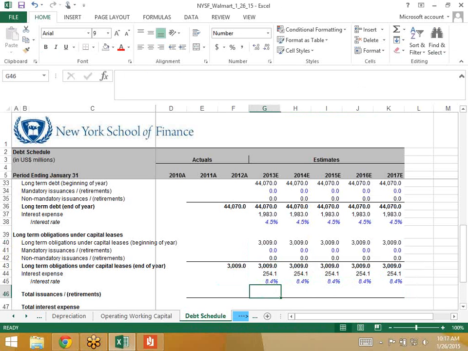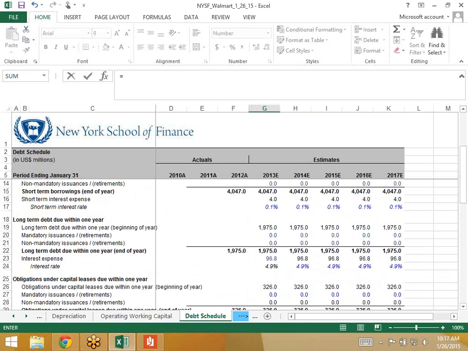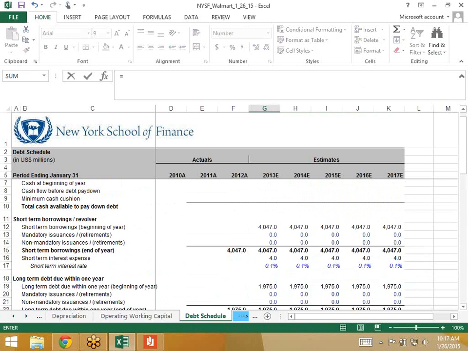Okay, so now that we have all the 4 pieces of debt, we want to just total up some line items here. And you see there's a line item called total issuances, and this is just literally a sum of all the issuances from above, both the mandatory and non-mandatory. So this will simply be equals, I'm going to start from the top, the short-term mandatory plus non-mandatory, the long-term mandatory plus non-mandatory,